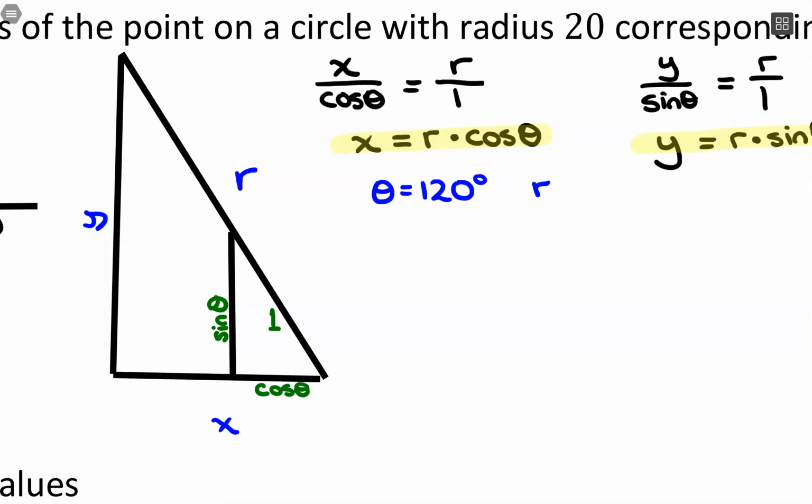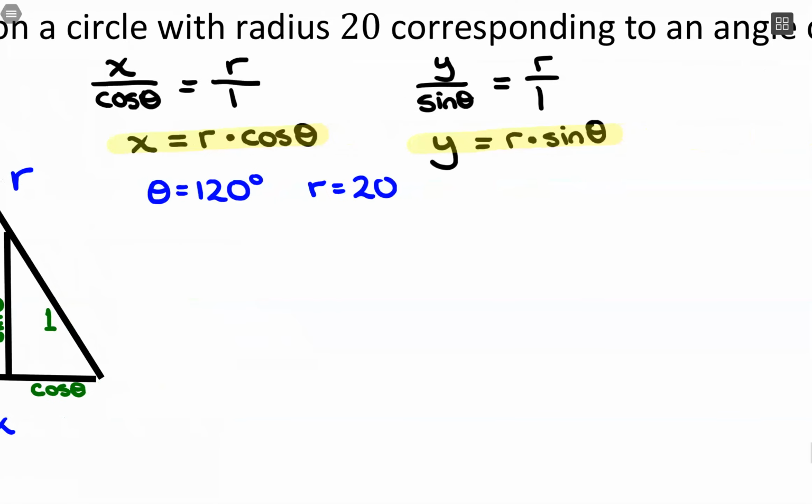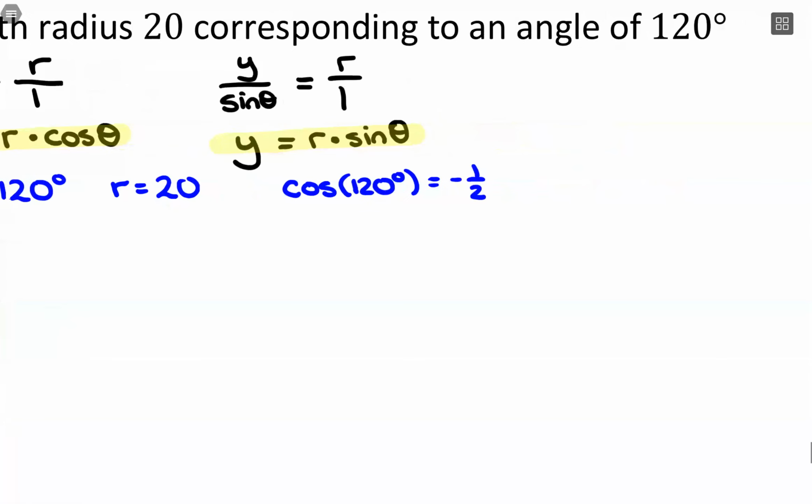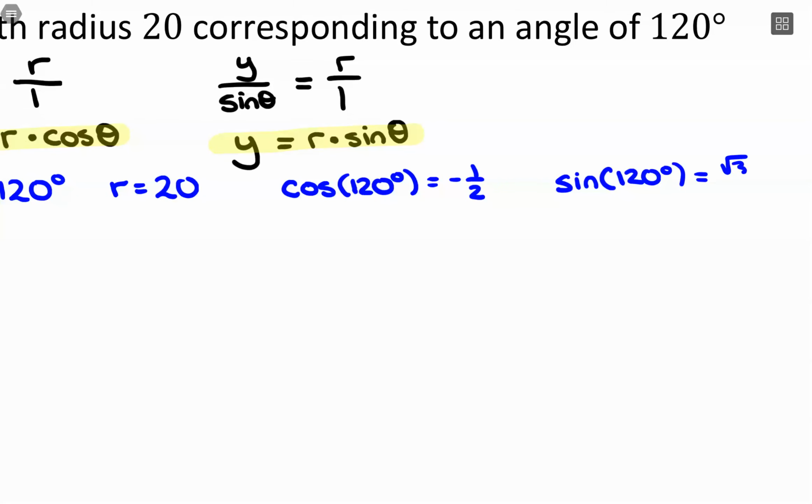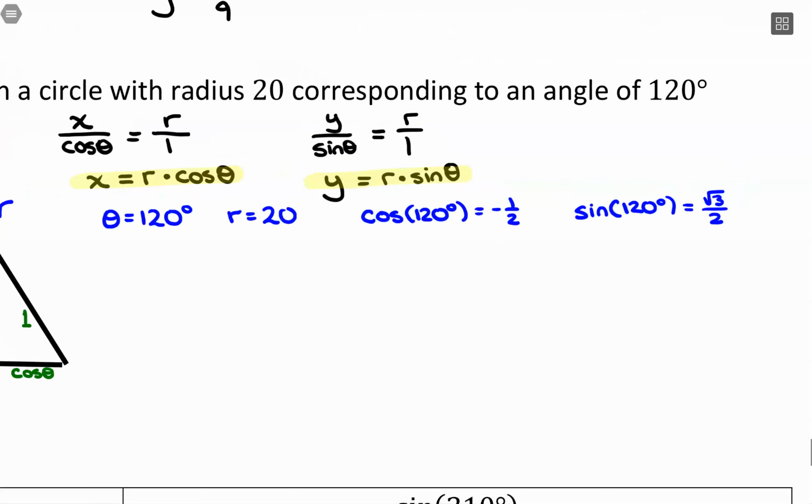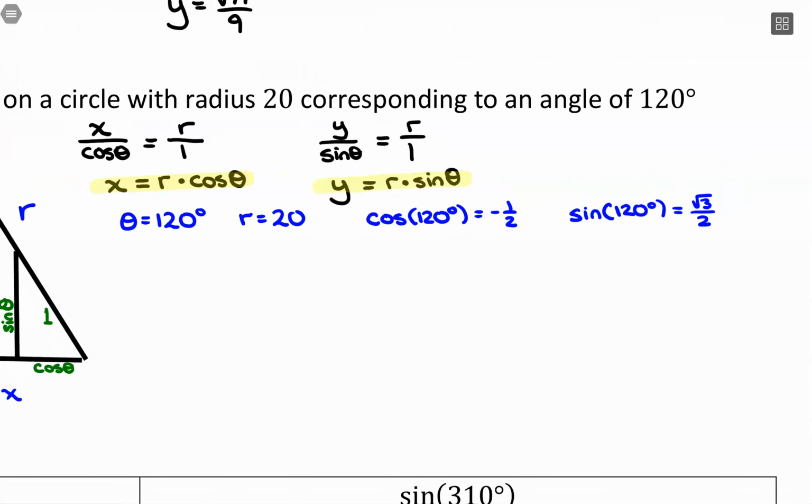We have a radius of 20. And what we also have is, we know these values: cosine of 120 degrees, so our x-coordinate is -1/2 on the unit circle, and sine of 120 degrees is √3/2 for our y-coordinate. So using those pieces together, we can find the x and y coordinate on this radius of